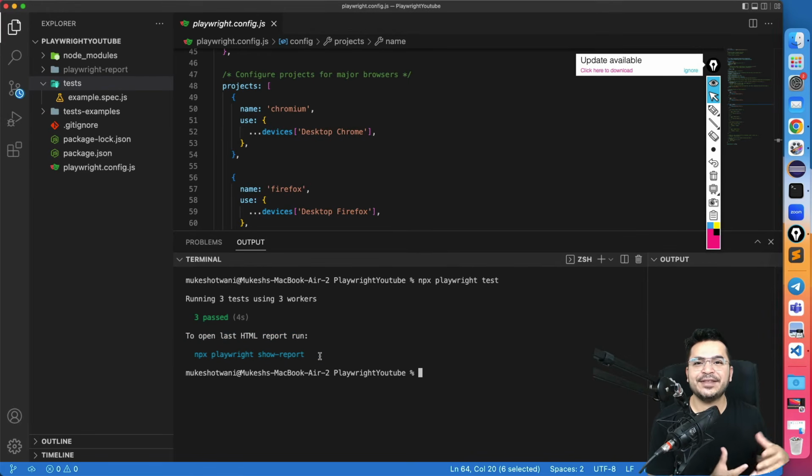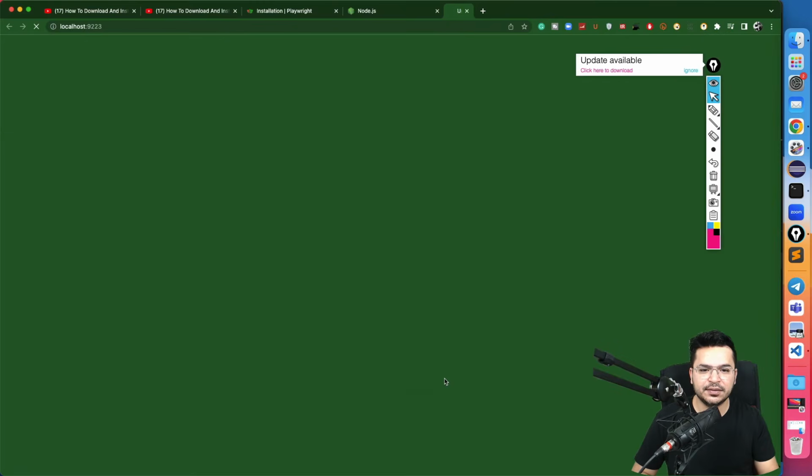You don't have to do anything else. There's one separate command called show-report. The moment you run this, it will show the report as well. Everything is self-explanatory. It is directly giving you the command at the terminal itself. The moment you hit enter,